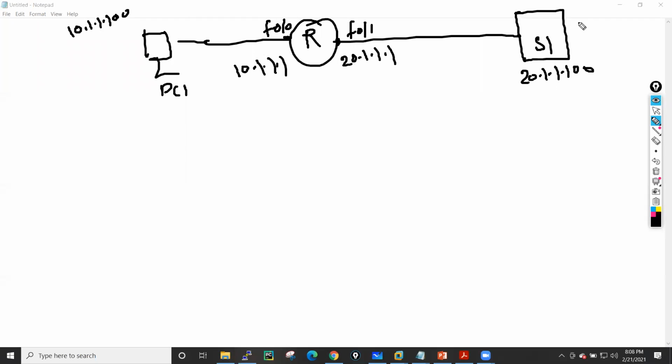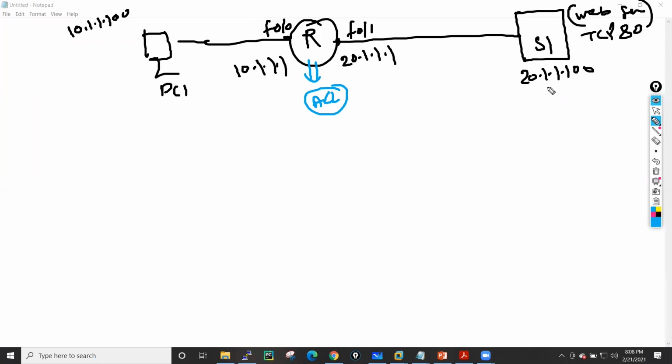Maybe on this server we are running web services, and generally web service runs on port number 80, which is TCP. So let's suppose we have hosted our web server on this server. Now, whenever we configure an access list on the router, this is the perfect example of a stateless firewall.